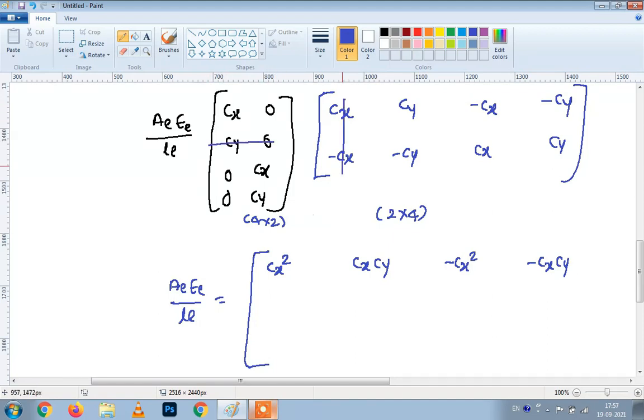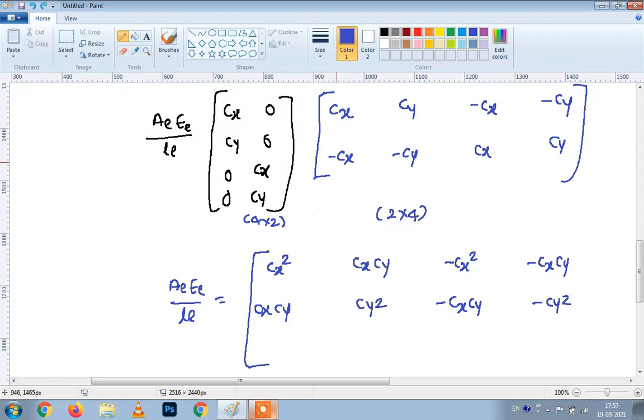Similarly, now second row into first column, so it will become a 4 by 4 matrix. Now multiply all the things. I am writing here directly. I will request everybody to please practice this multiplication properly so that you can easily multiply, and in the exam you can save your time. So this is simple multiplication of second row and first column, second column, third column, fourth column.